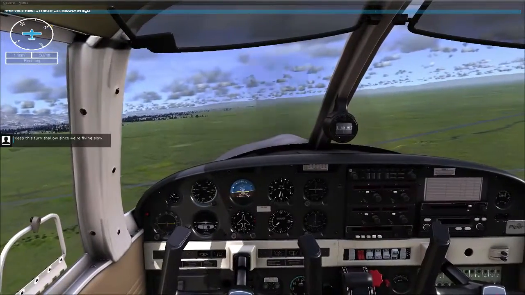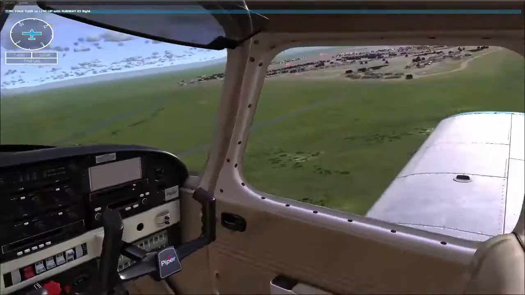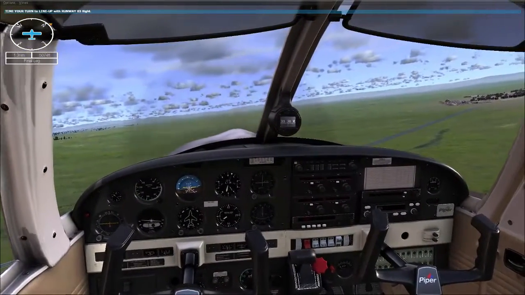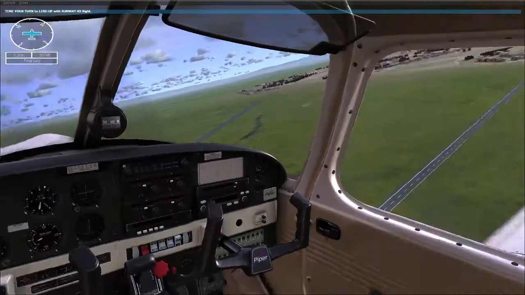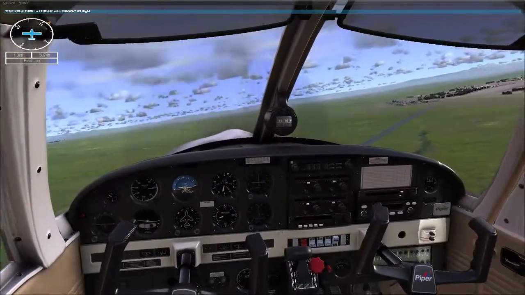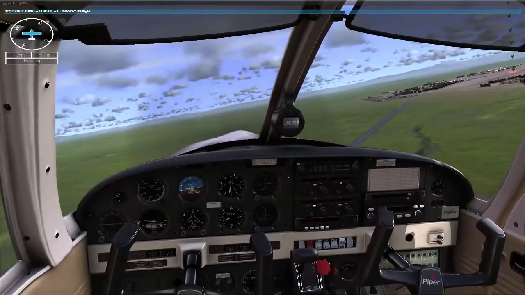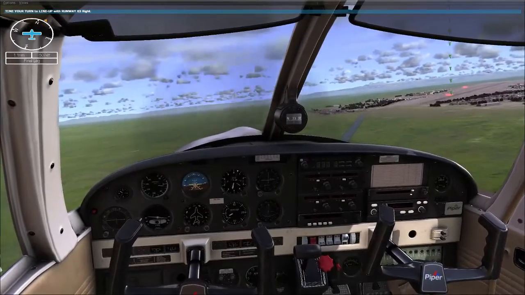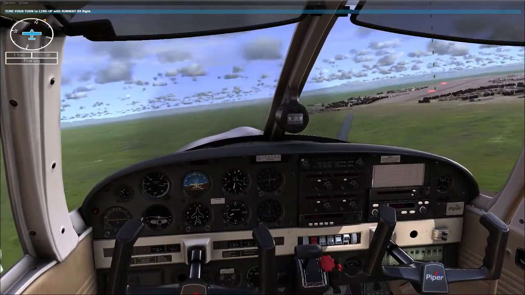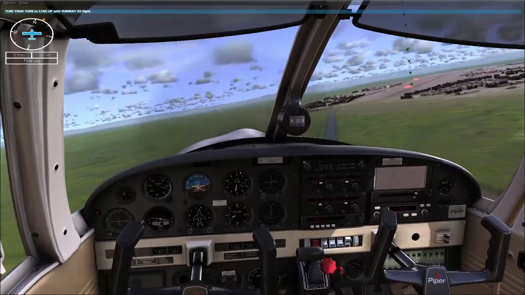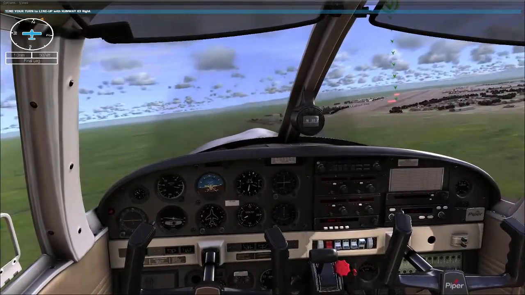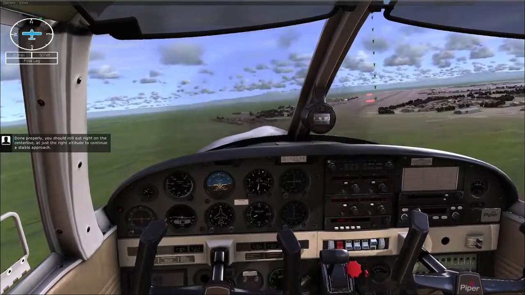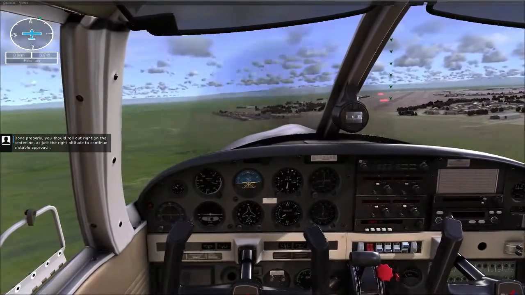Keep this turn shallow since we're flying slow. Done properly, you should roll out right on the center line at just the right altitude to continue a stable approach.